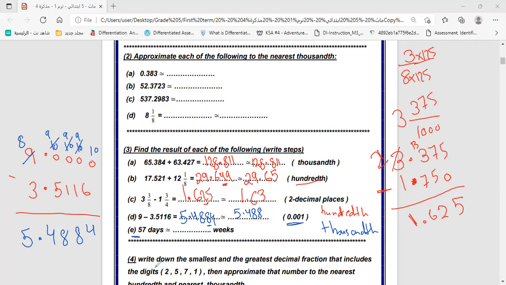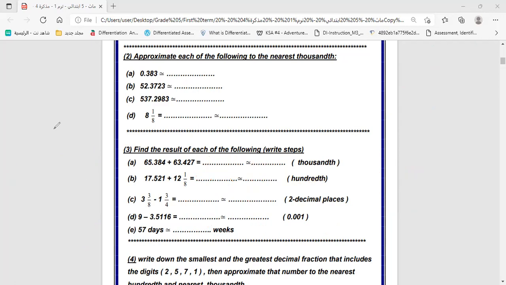57 days has how many weeks? Okay, fine. Grade 5, we should here change from days to weeks. And you know that the week has 7 days. So to change, we will divide by 7. Okay, let's do it together. So remember the long division. 57 divided by 7. The nearest number to number 7 is